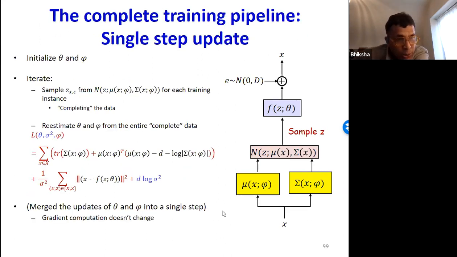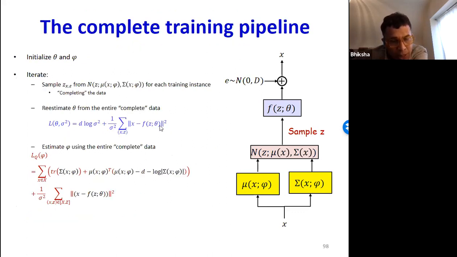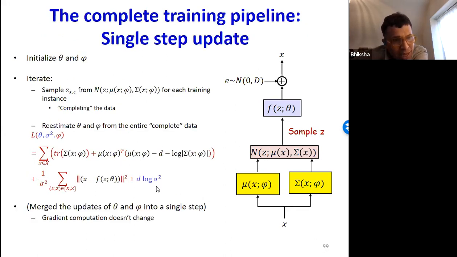You can merge the two into a single step and say, I have a common loss function. So I have two separate loss functions, one that I'm using to estimate theta, and a separate loss function which I'm using to estimate phi. I can sum the two up because they're two independent loss functions, and I can jointly optimize them, which says that now I have a single loss function, which is a function of theta and phi, and the noise over here, which is this guy.